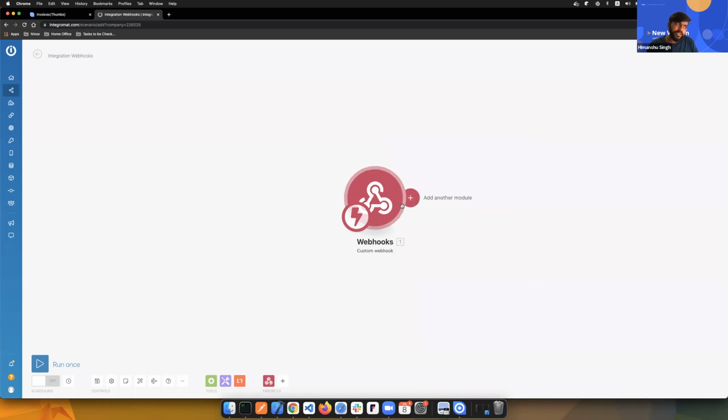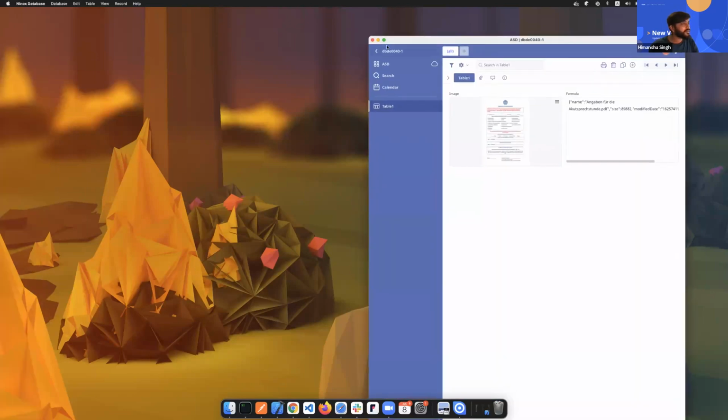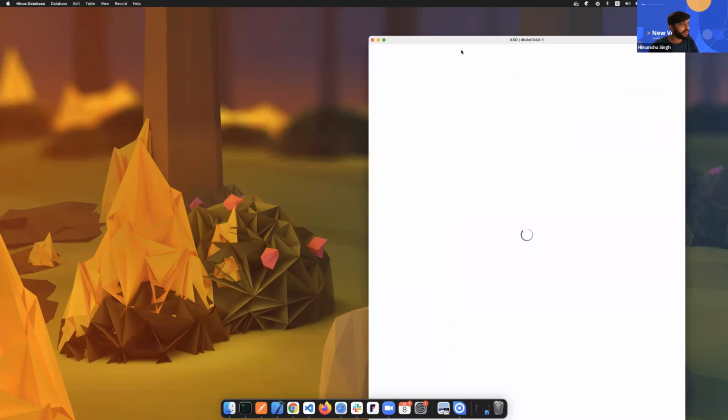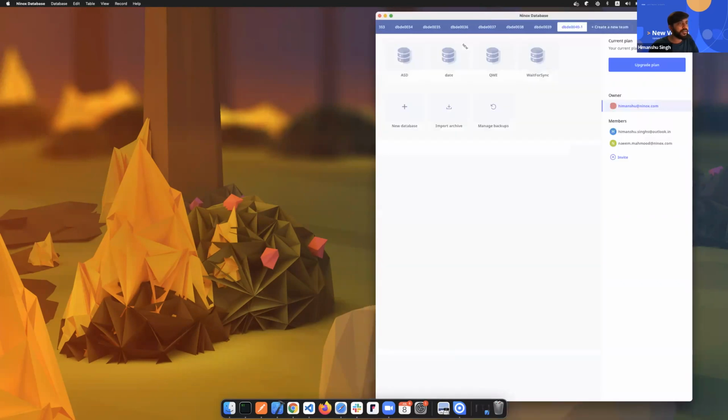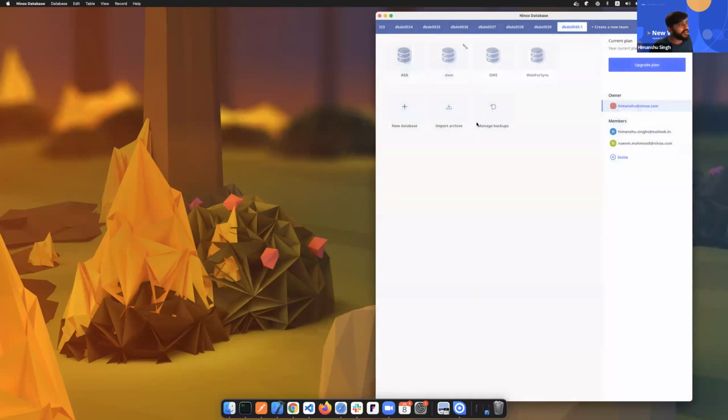So we have a webhook that will listen for something, right? And let's create that something now. Here's my application, and there it is. Let's switch to our team. Oh wow, that's a lot of teams. Release 340, and